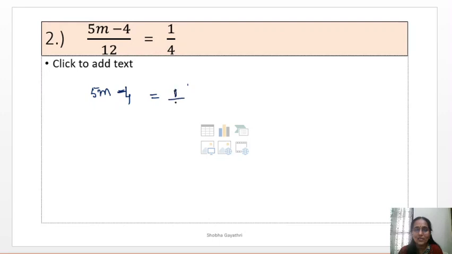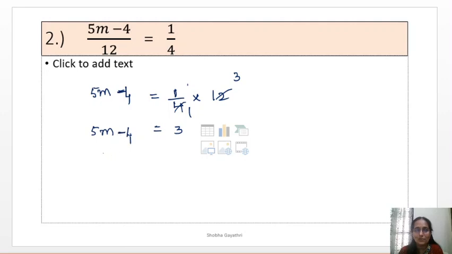What will happen to the operation now? It is division on the left side, so it will become multiplication. So you will get the answer here itself. You can cancel and get the answer here itself, 3. Now the left side is 5m minus 4. Still you have to transpose 4 and you have to transpose 5. You have to follow the rules step by step. You cannot transpose all the numbers immediately at once to the right side because they are joined with certain operations. You have to be careful.